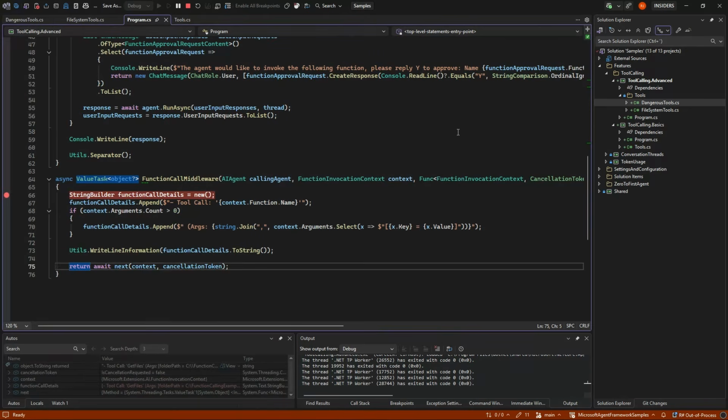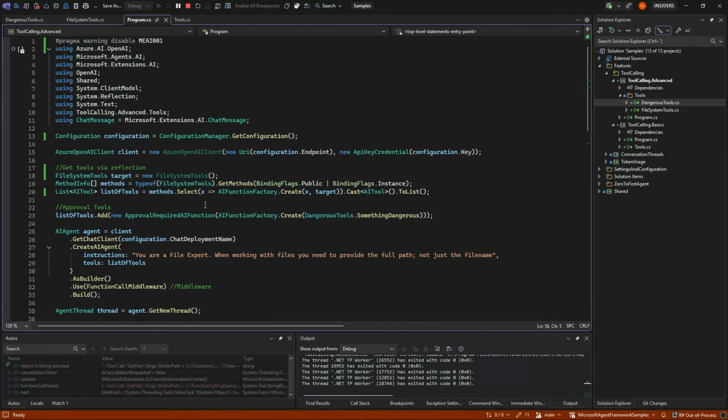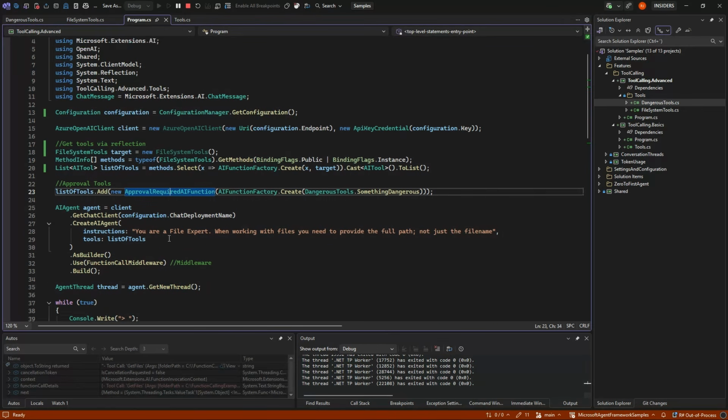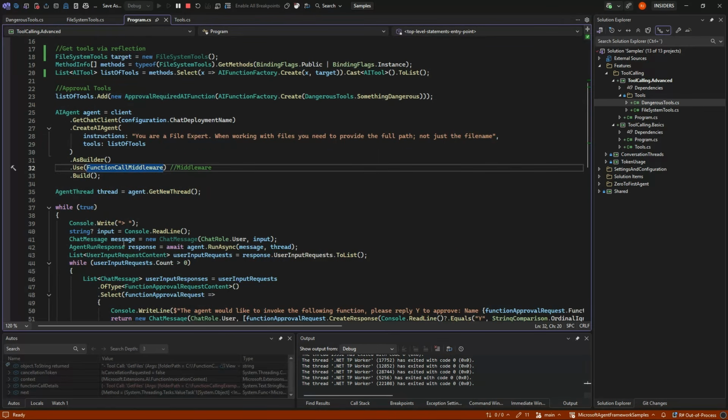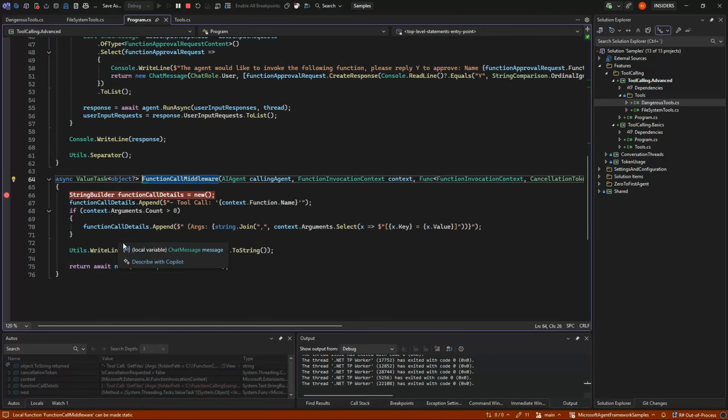So that is actually everything there is to doing more advanced stuff like this. Methods can easily be found using normal reflection. We have the special approval features, and we can get more information in here. And I would very much recommend you put this in, at least when debugging, because then you get a much better understanding of why it actually did this.